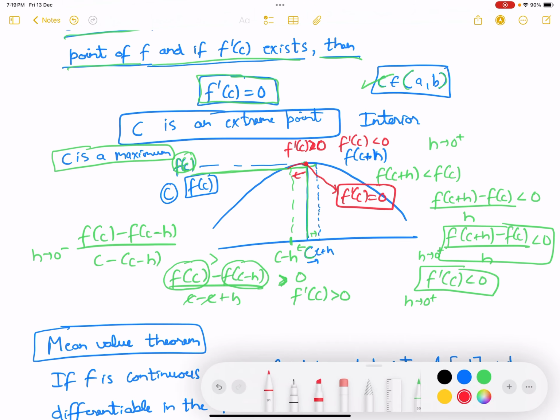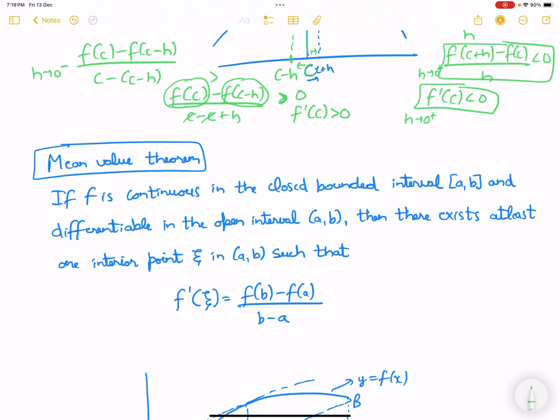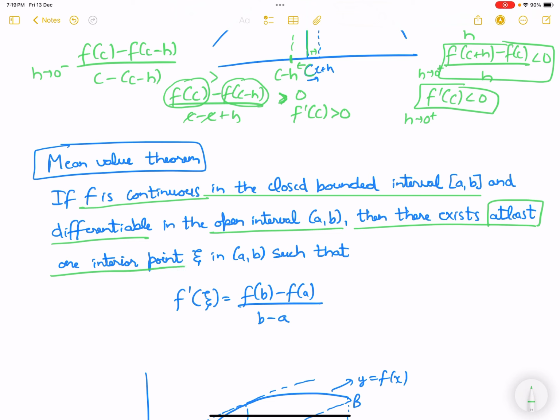Now we'll move on to the mean value theorem. So what this mean value theorem states is that if f is a continuous function in the closed bounded interval a to b and differentiable in the open interval a to b, then there exists at least one interior point epsilon in the open interval such that f dash epsilon gives you this value, which means, so suppose if we